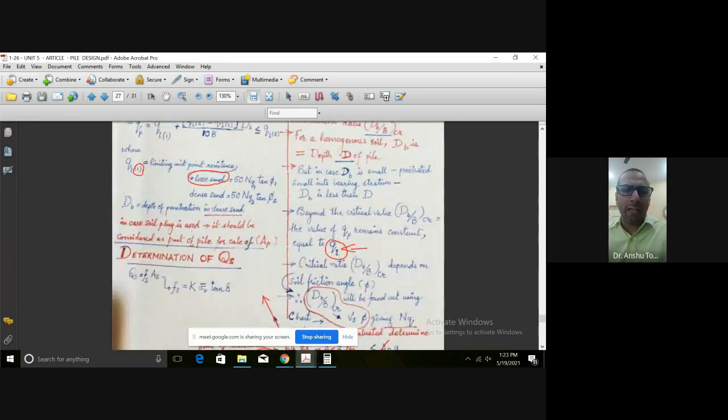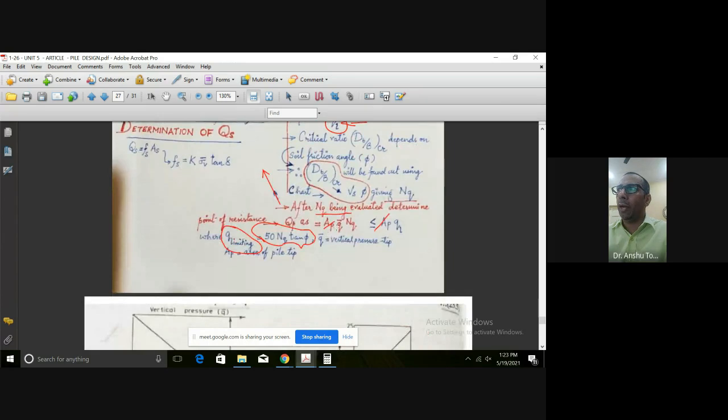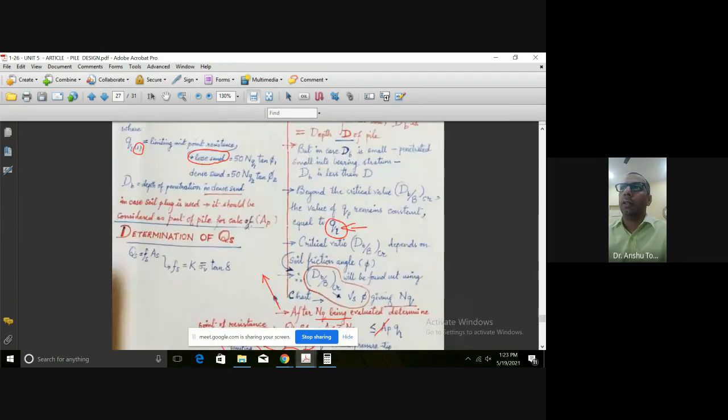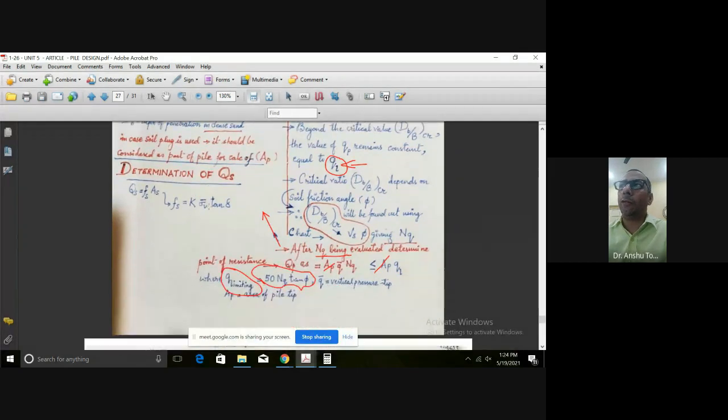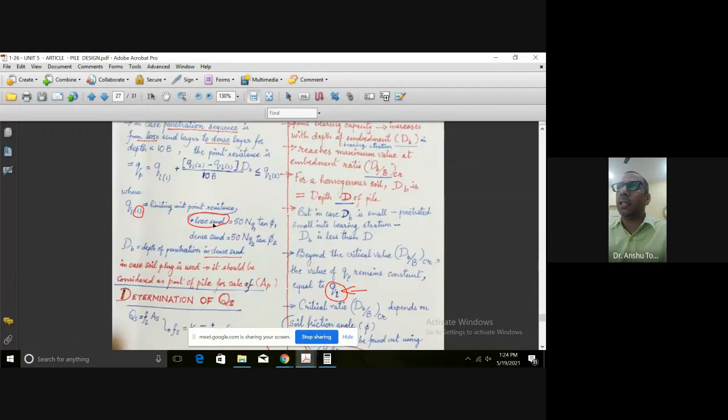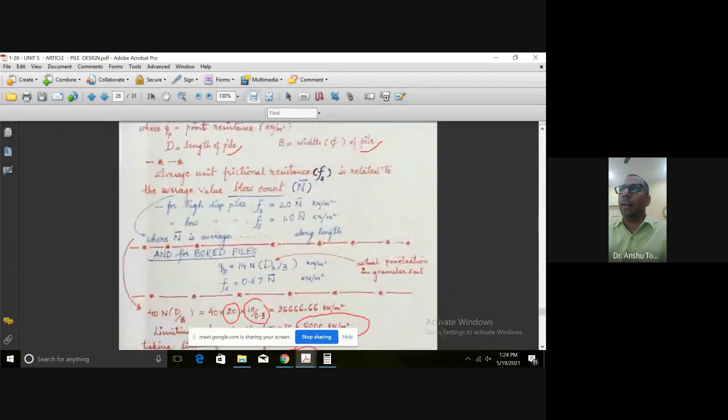In case soil plug is used, now there is a question, अगर पाइल के बॉटम में सॉइल प्लग यूज हुआ है, सर्कुलर उसका एरिया है, तो सॉइल प्लग का जो एरिया है दैट विल बी कंसिडर्ड. इट शुड बी कंसिडर्ड एज पार्ट ऑफ पाइल फॉर कैलकुलेशन ऑफ एपी, दैट इज द पॉइंट बेयरिंग जो हम यहाँ पर यूज करेंगे. एपी जो है आपका मल्टीप्लाई होगा क्यू लिमिटिंग के साथ. एक तो आपके पास पॉइंट का खुद का एरिया हो गया, बट अगर उसके ऊपर सॉइल प्लग है, सो उसका एरिया कंसिडर होगा, पॉइंट बेयरिंग एरिया पाइल का कंसिडर नहीं होगा, बिकॉज इट इज ऑलवेज गोइंग टू बी मोर देन दैट. नाउ डिटरमिनेशन ऑफ QS सिंपली एज वी हैव डन अर्लियर, हमने पहले जैसे पहले वाले न्यूमेरिकल में हमने किया है, इट इज गोइंग टू रिमेन सेम.